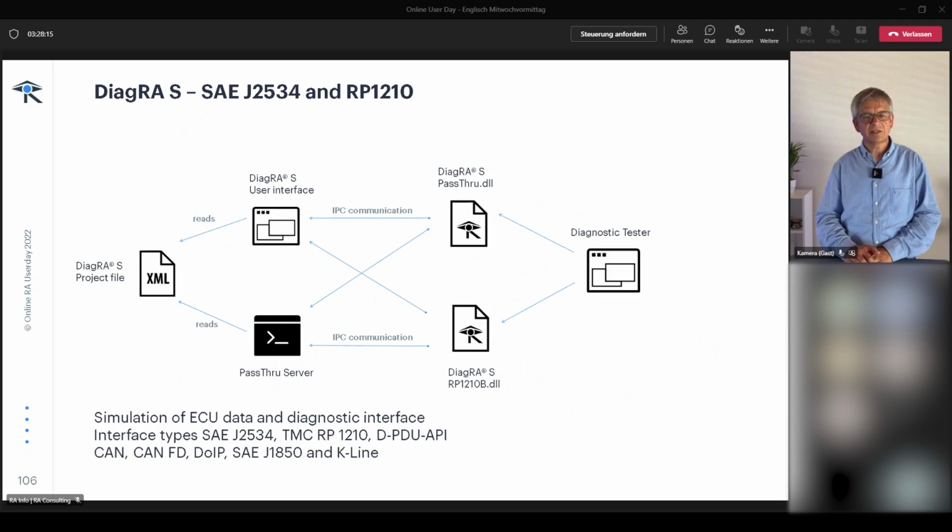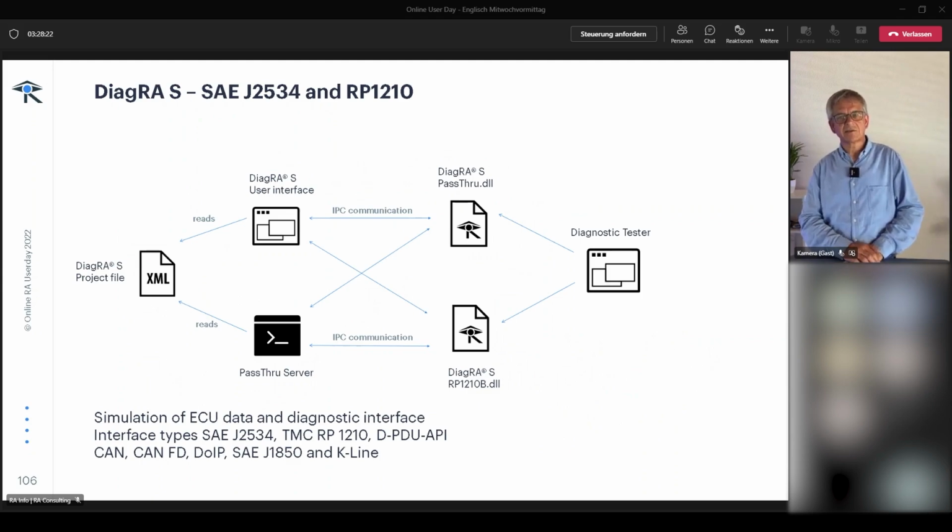It's not so easy to get access to every ECU, and sometimes we have a customer request: please help us, and please help us pretty soon, immediately. I have some trace files from my communication, can you please check this? And so we decided to develop a simulation tool based on the pre-recorded data of vehicles or ECUs,